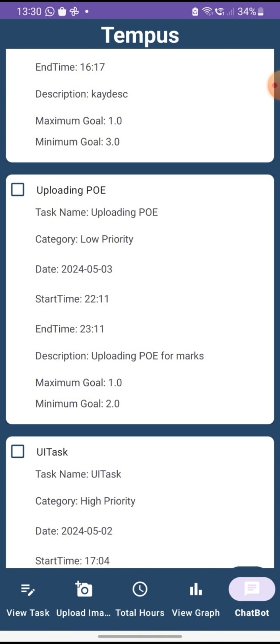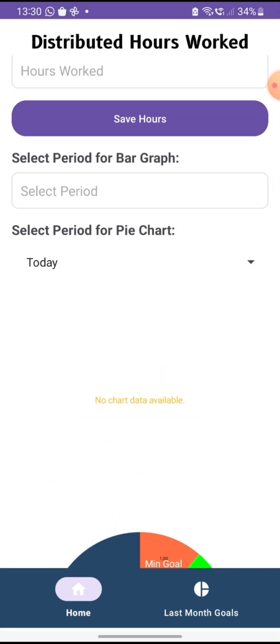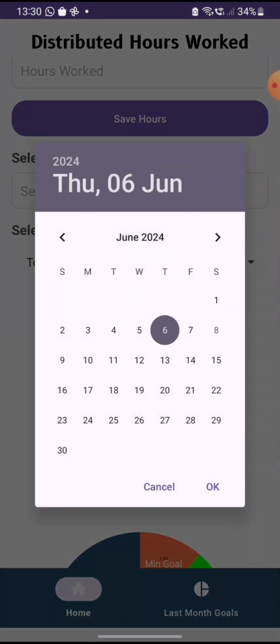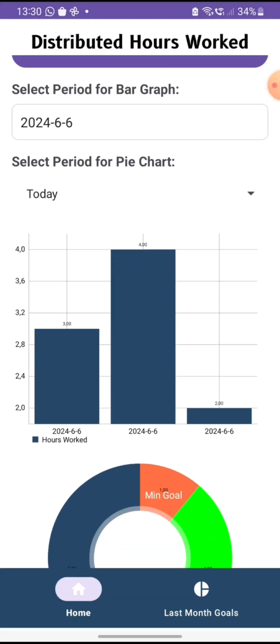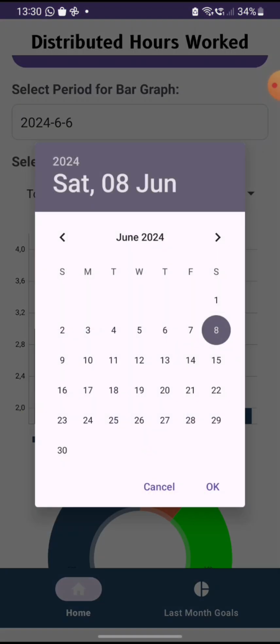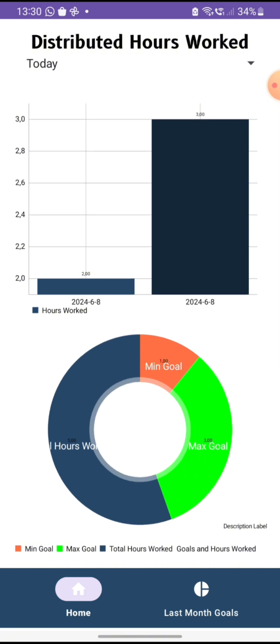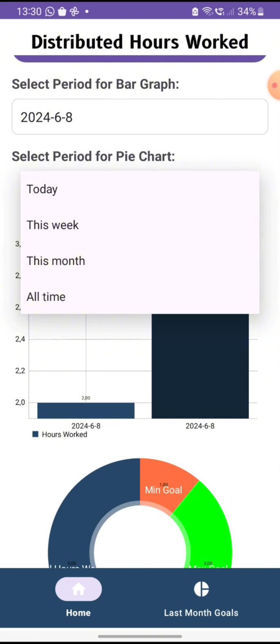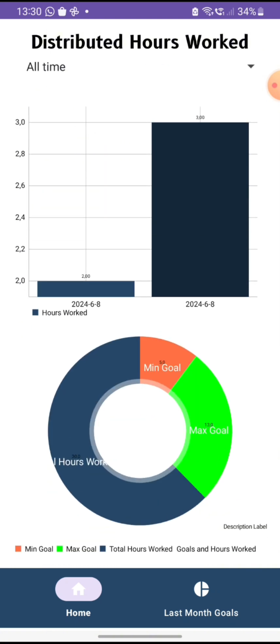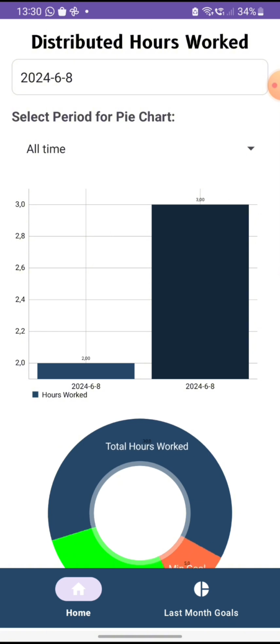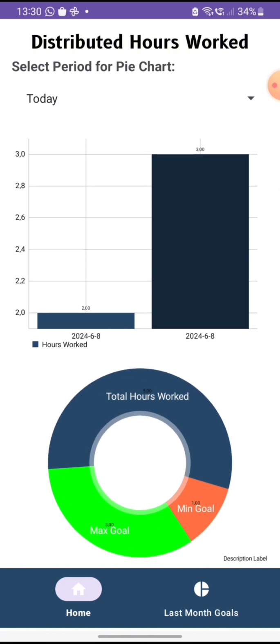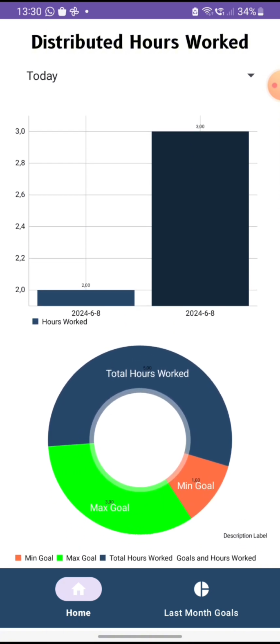And the next thing was the graph showing times and goals. If we come here, if you view the graph, you can view each graph by a selected period. Obviously, on the sixth, we implemented some tasks. We saved some tasks. Over here for today, we also saved 2 tasks today. And for the pie chart, we can say all time, and it shows you the goals that you worked for all time. As well for today, these are the total hours worked for today, and the max goals for today